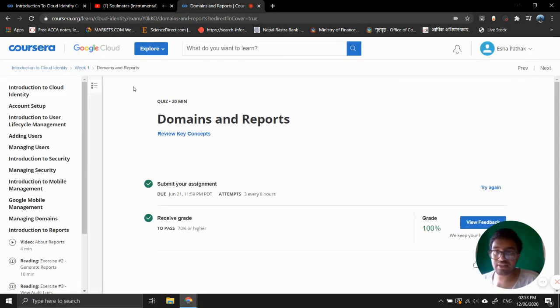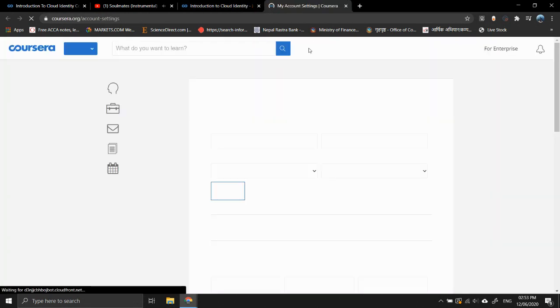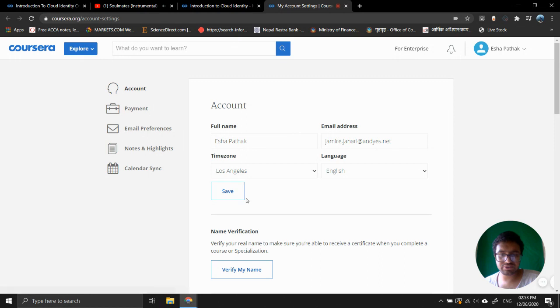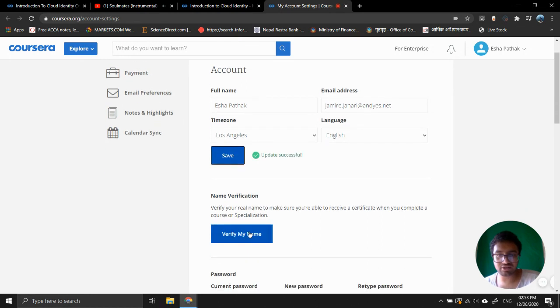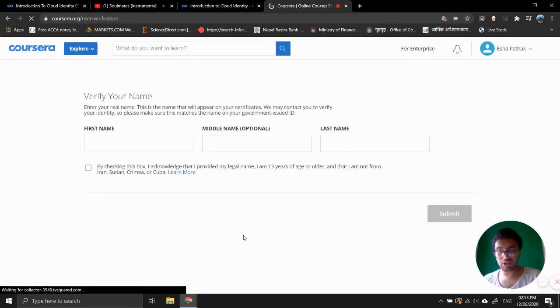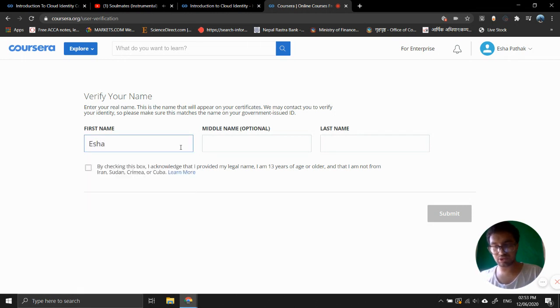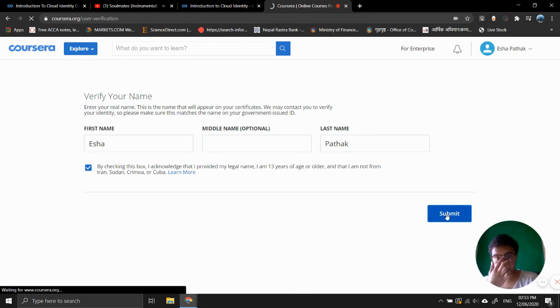So keep learning, and then after that, when you go back, see, to receive your account certificate, verify your account, right? So let's verify it as well. So how do you verify it? Basically all you do is, you just save this information that you already have. Okay, and then verify your name as well. So all you need to do is just put in the name, and then click on the checkbox, click on your submit,